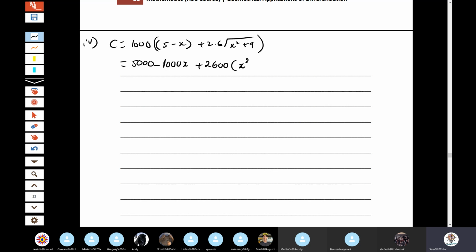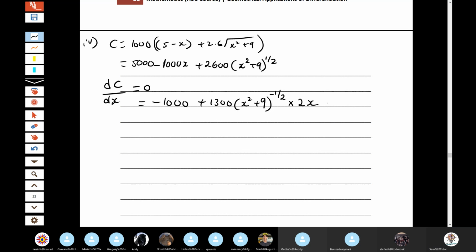No surds. I'm not going to rewrite it with a surd. I know what I'm meant to be doing, so why would I write it with a surd? dC on dx must equal to 0 eventually. Here we go. Equals negative 1,000 plus 1,300 x squared plus 9 to the power of negative half times